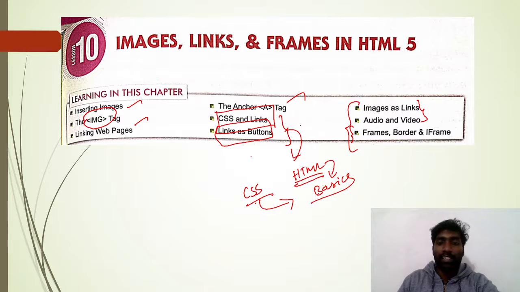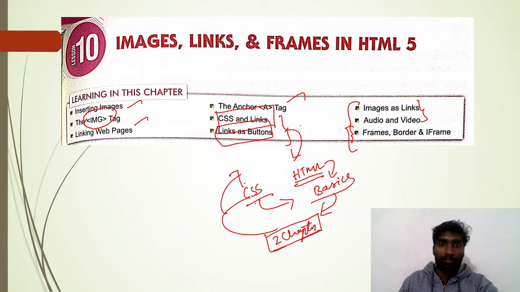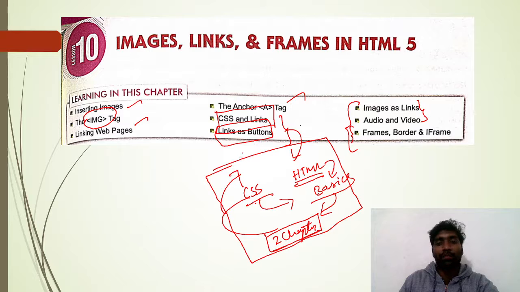If I want to explain the basics, it would be at least two chapters. And even if I explain, you don't have a book, so whatever I explain you will forget, and that creates a big problem, because what I explain you will write in this chapter, but all those things will not come in the book. Only what they give in the book will come for your examination. So in this CSS chapter, just go through what they have given in the book. No need to go in depth.